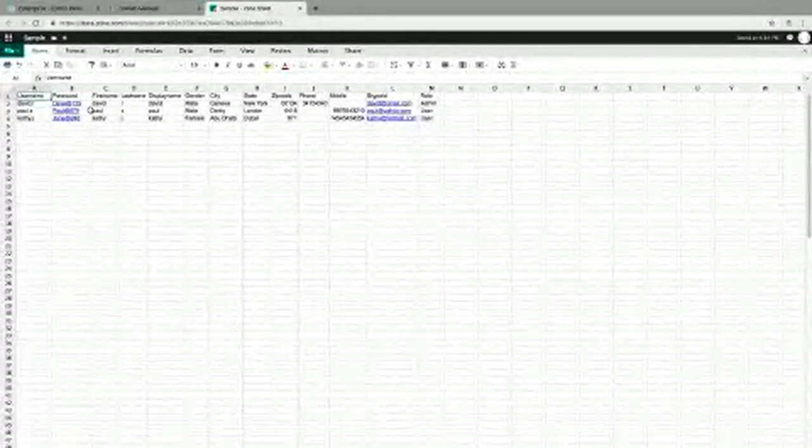So next, what we're going to look at is the CSV import process for users. Click on import user using CSV. You'll see here that there is a button from which you can download a sample CSV file. You can simply download a sample file and fill in all the details related to the user in this file itself.